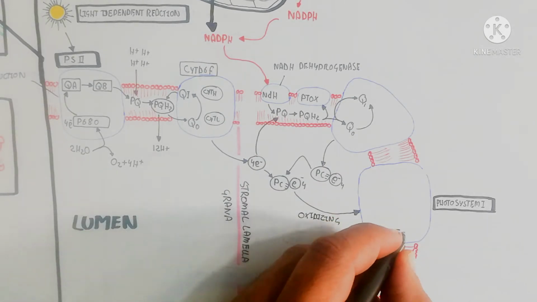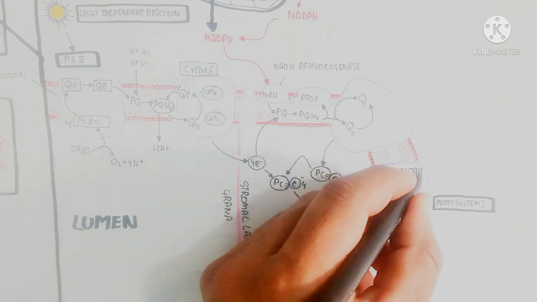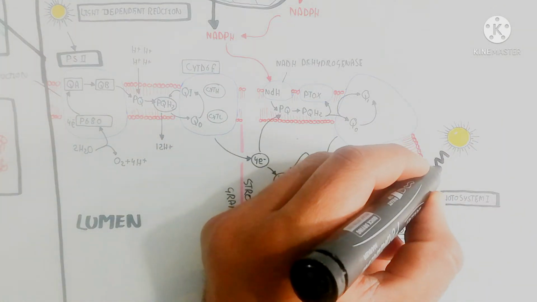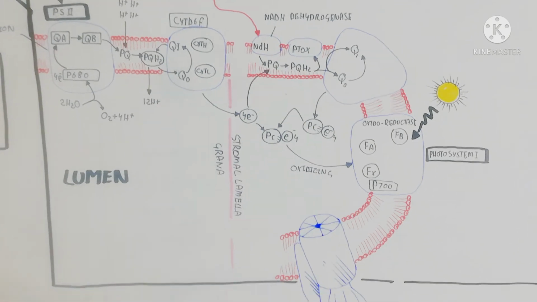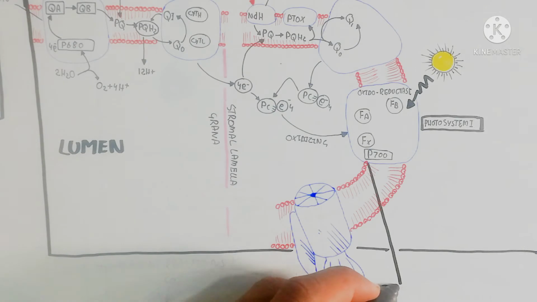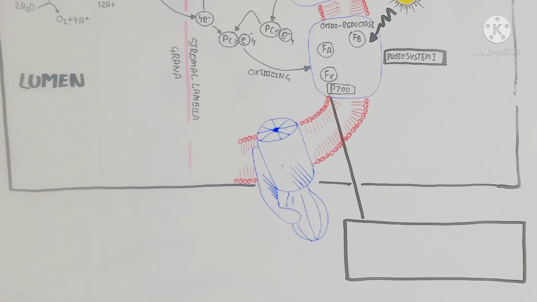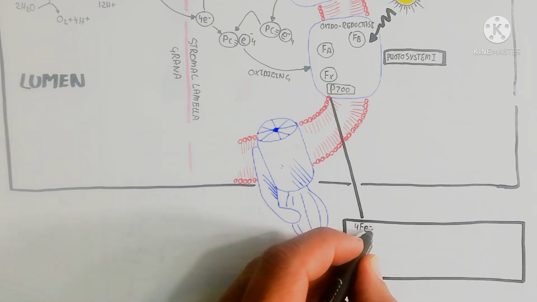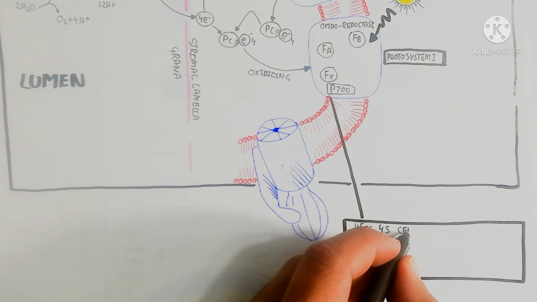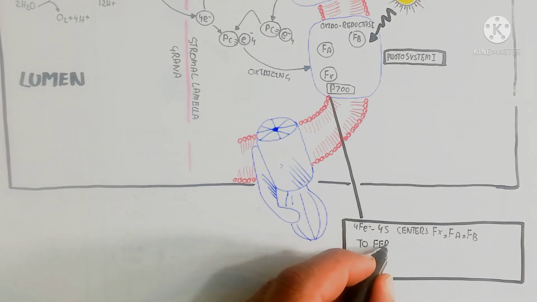So for understanding, basically it is 2 electrons in the same region, 1 electron, but we are understanding the whole mechanism of releasing 1 oxygen molecule. In this way the plastocyanin, a copper-containing protein, is oxidized. This is photosystem 1, which uses light of 700 nanometer, to Fx to Fa to Fb. Basically the oxidoreductase enzyme is present in this way.